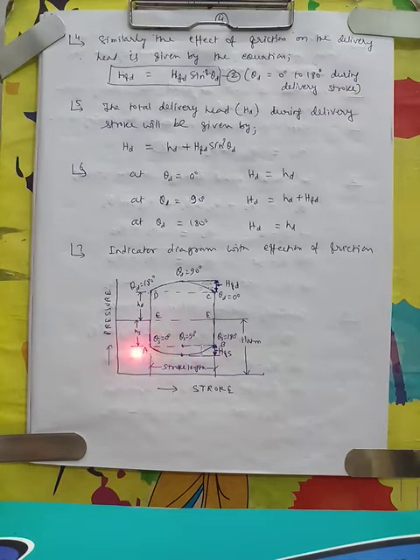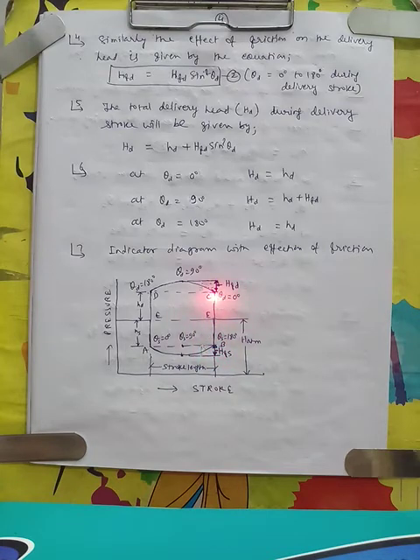Because it is the square of sin theta, the head varies with the square of sin theta. So only on one side will there be variation of the curve; this is the sin square theta curve. The graph will be like this. Slowly the suction head will increase from 0 degree to 90 degree, and again from 90 degree to 180 degree it will come back to HS.